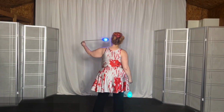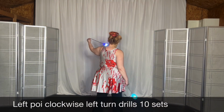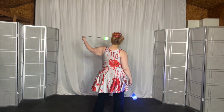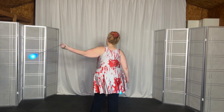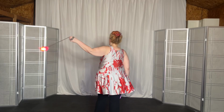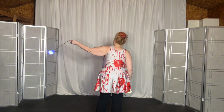The challenge with what we just did is we only did 20 times around the circle, but I feel like because of how dizzying it can make you, you need the break in between. So this way, and then this one you'll turn on your left leg instead of your right leg. So 1, 2, 3, and then turning to the left, and 1, 2, 3, turning to the left, and 1, 2, 3, and turning left,